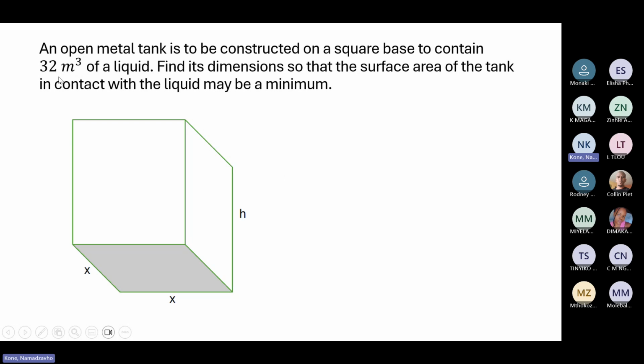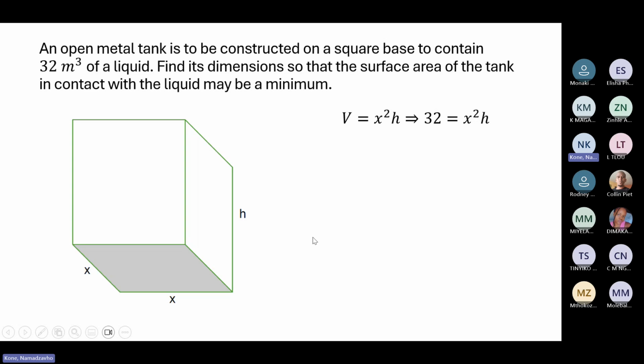We will have one equation that has to do with the volume that we are given here, and another equation will have to do with what we are being asked. We are being asked about the surface area. So we'll have a formula for volume. As you have mentioned, it is indeed the volume, and the volume of a container,